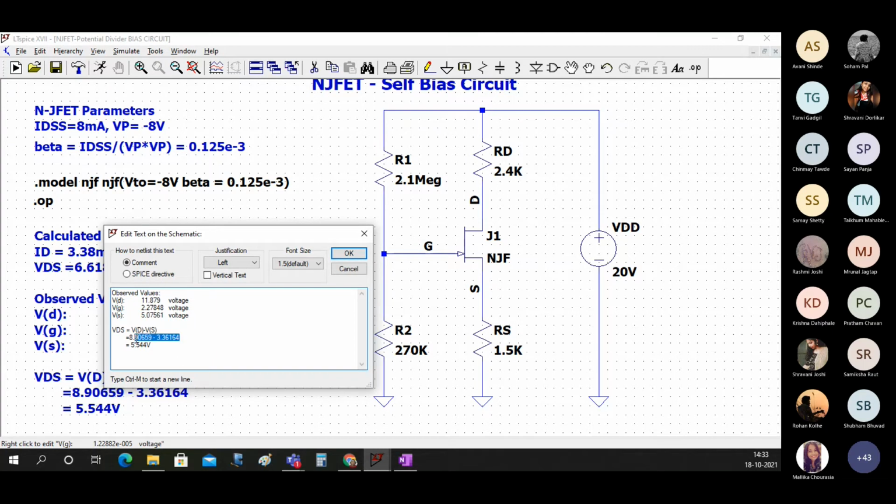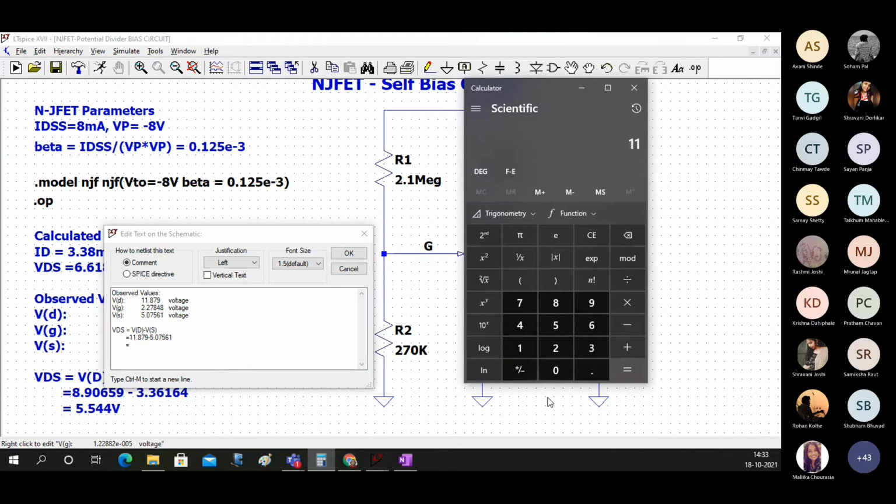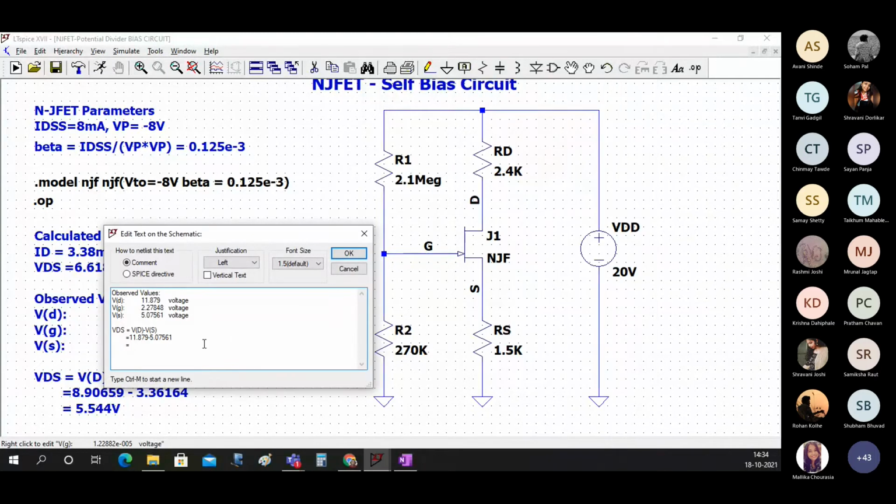Accordingly, if we write here 11.879 minus VS, which is 5.07561, the difference is 6.8033.